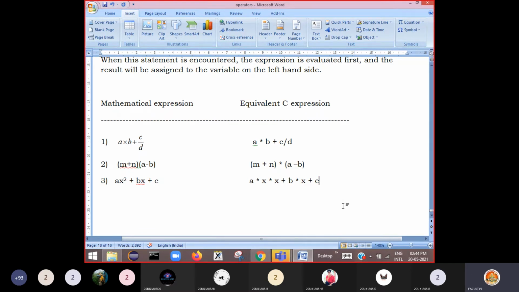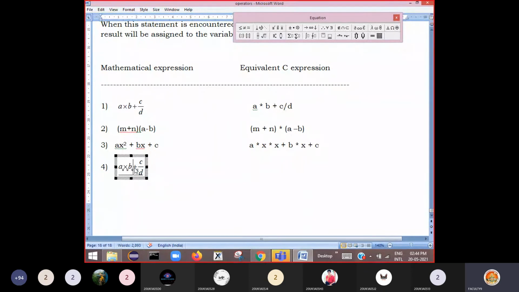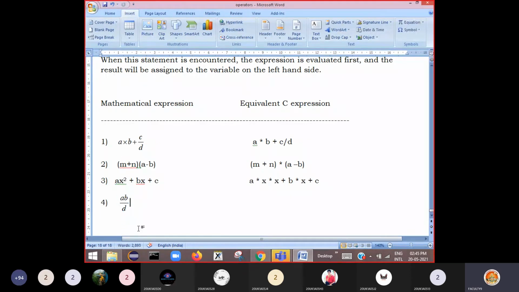Right? Then if you have a mathematical expression of this kind, I'll just copy it here and afterwards I'll change it. Say AB by D is there, assume you have an expression like this, AB by D, a mathematical expression.